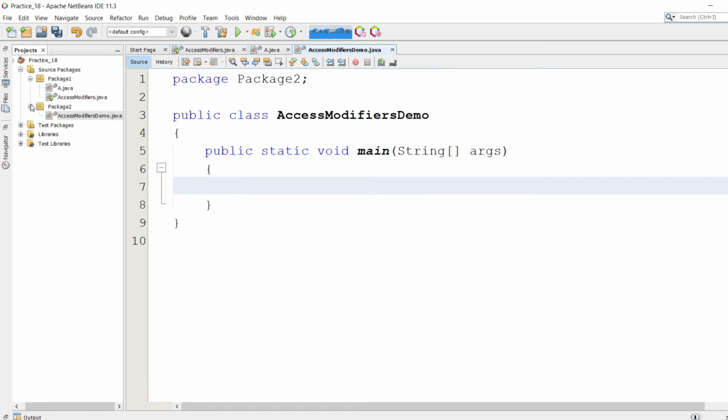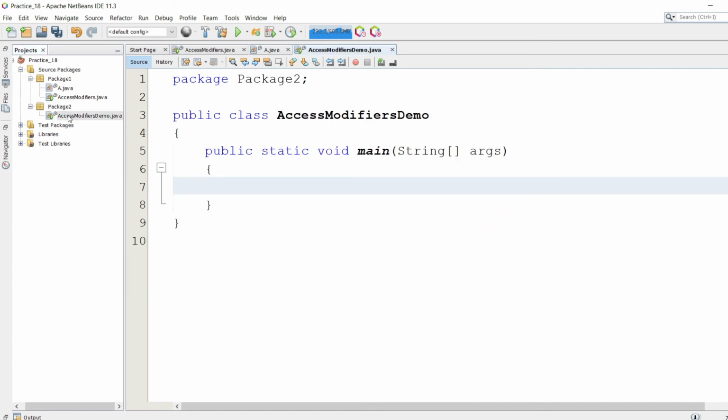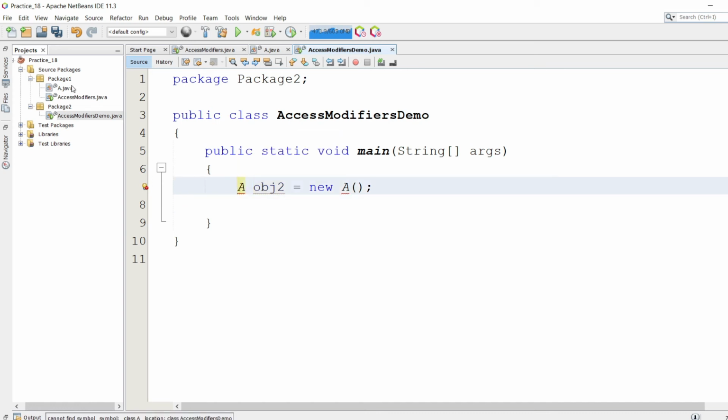Now if you want to access this class A from package2 in the class AccessModifiersDemo, we need to define the object of class A as A obj2 equals new A. It's showing an error here because we haven't imported package1. So let's import this, alt enter.